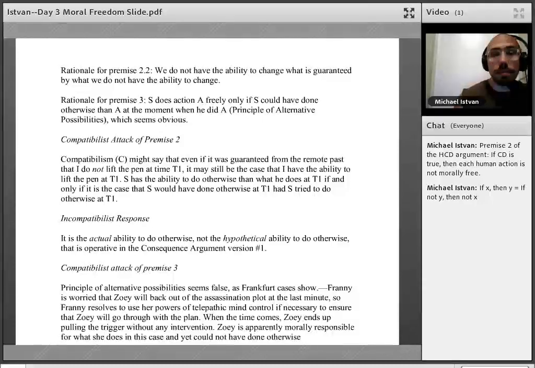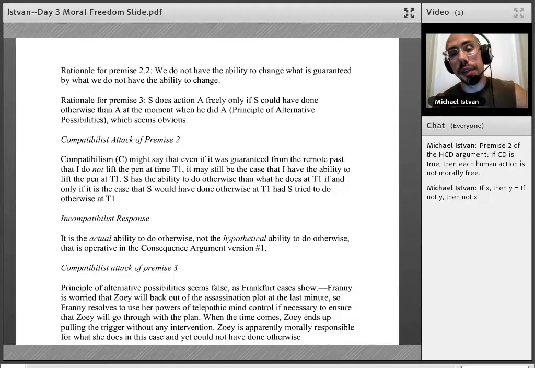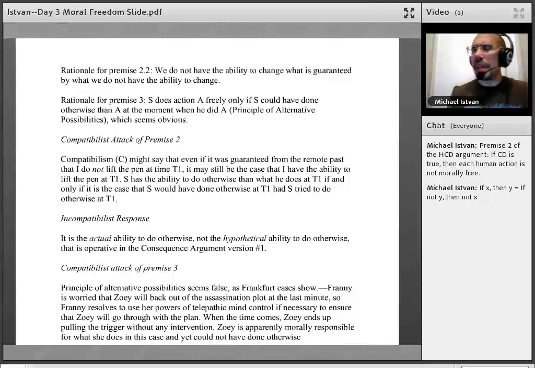It seems to have an unsavory consequence that no one is ever morally responsible for what they do. I don't know how bad that actually is upon scrutiny. It violates our intuitions, but I don't know how much of a drastic change it would result in. Maybe I'll get into that a little bit in our Moral Freedom Day 4. Well, I guess Moral Freedom Day 5. I'll say a few things about that, and I won't go into that now. But even there, I won't go into too much detail about that.